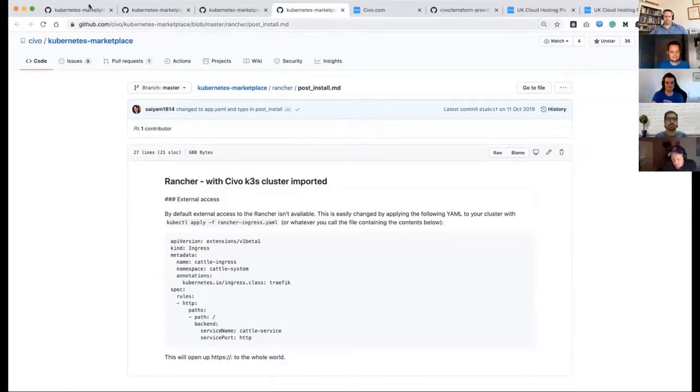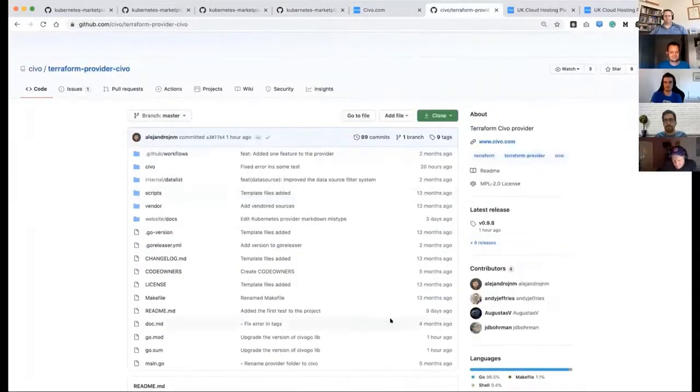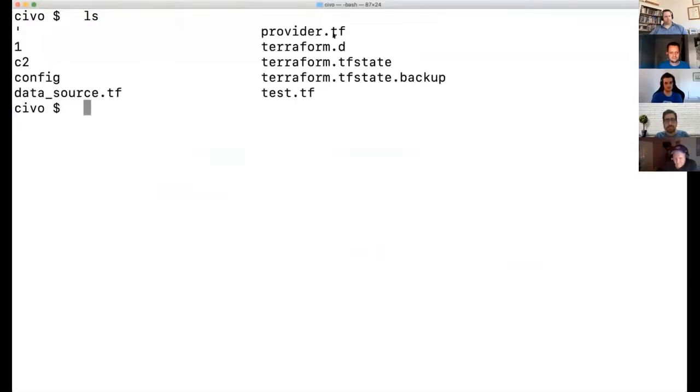As simple as that. So another part is the Terraform provider, very simple to use. Terraform is an infrastructure provisioning tool, and it helps you provision the cluster. I will share the demo part of that. I already have Terraform downloaded. You can download it from the HashiCorp Terraform website itself.